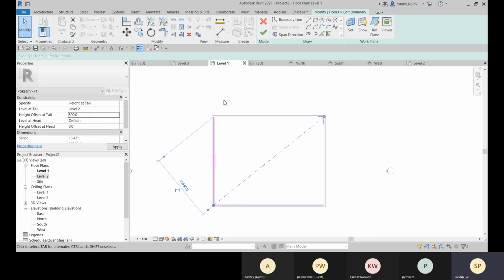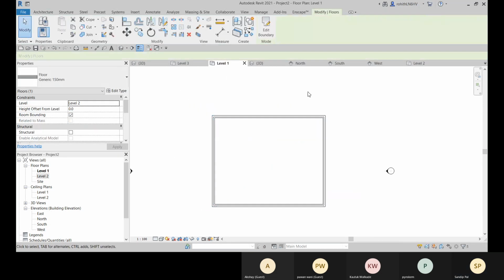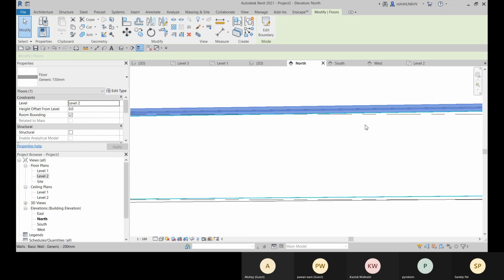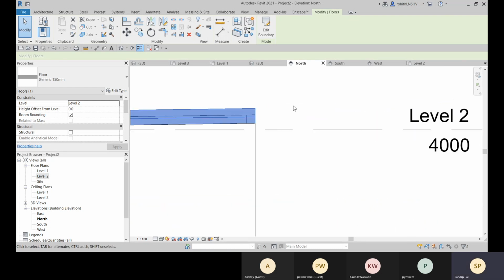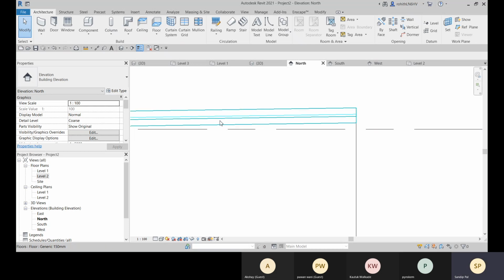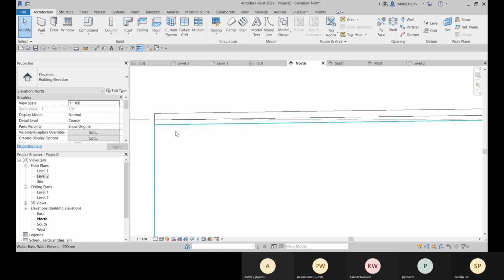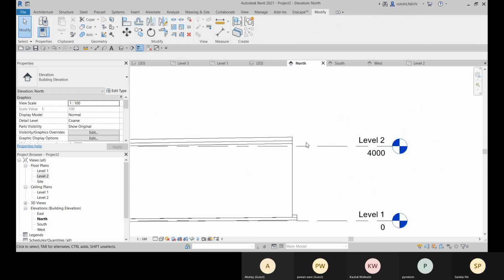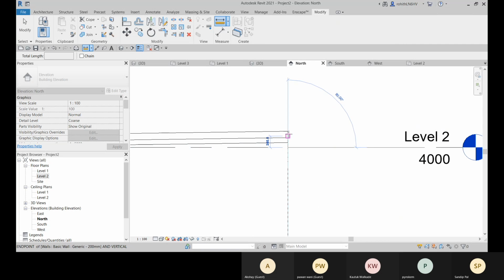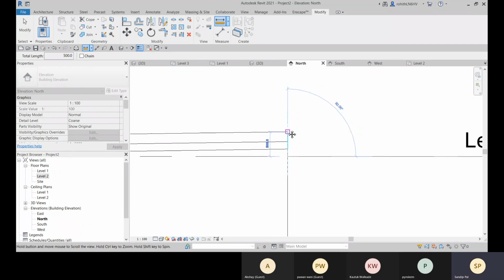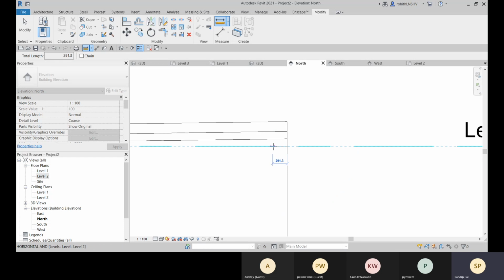Let me go to 500. And this is moved, you can see. And go to modify to check. Okay, so here you can see this is total 500. That's because I have mentioned that the slope will be calculated from the level 2, and from here the height offset is 500.